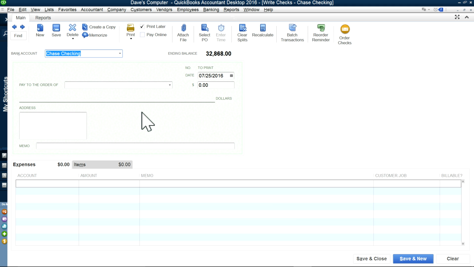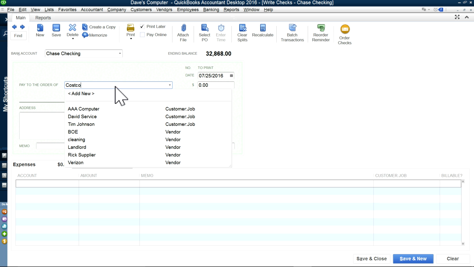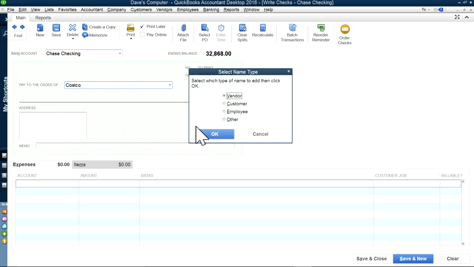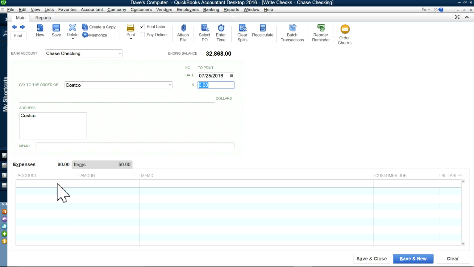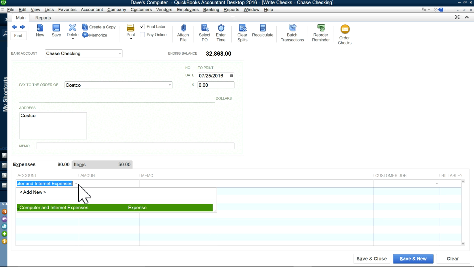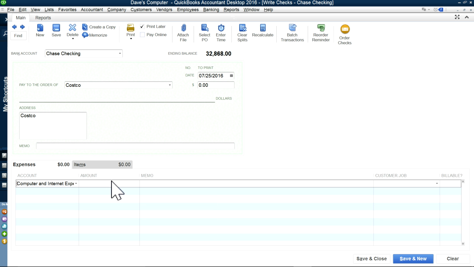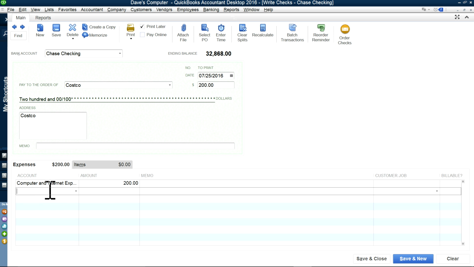And let's say you buy a whole bunch of stuff from Costco. Let's put Costco. Quick add. Okay, so in this case, let's say you want to split. You bought computer related items. Let's say it's $200, and now we're doing a split in here. Just go to the next line. Let's say on office supplies. Office supply. Let's say $100,